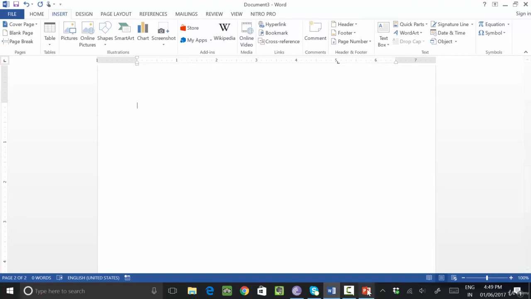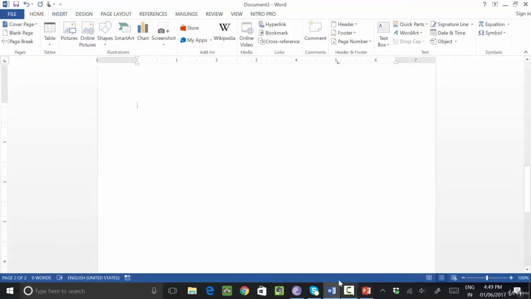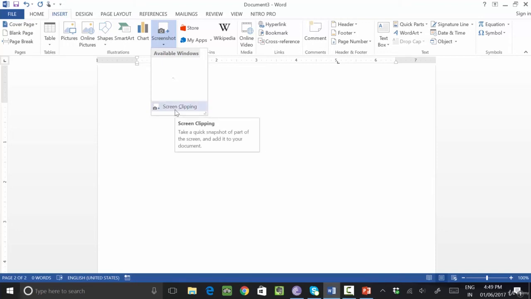Simply first open the particular file whose screenshot you want to take, then go back to your MS Word document and click on Screenshot, and your screenshot will be generated here automatically. If it is not generated, click on Screen Clipping and you can take a clip.